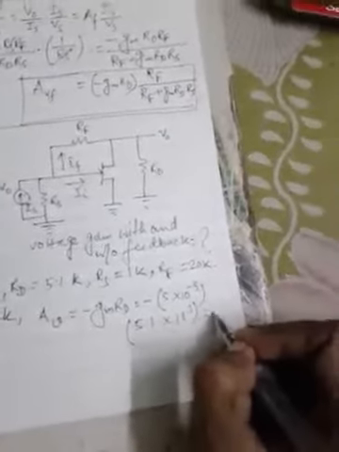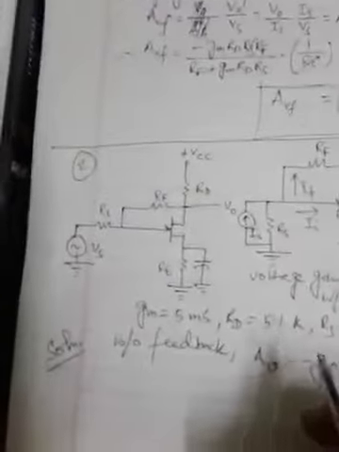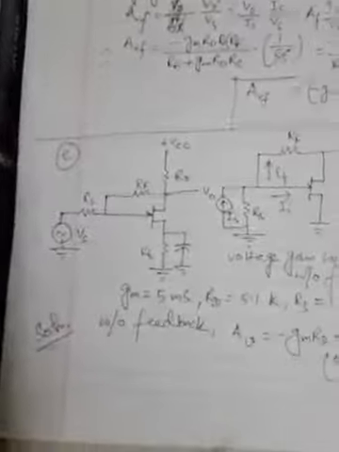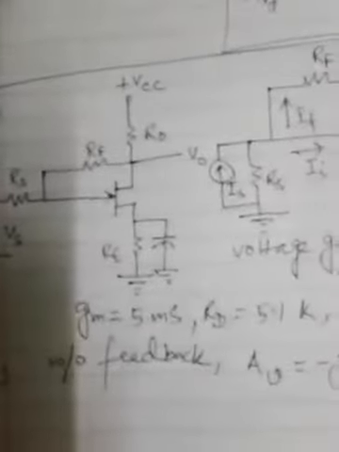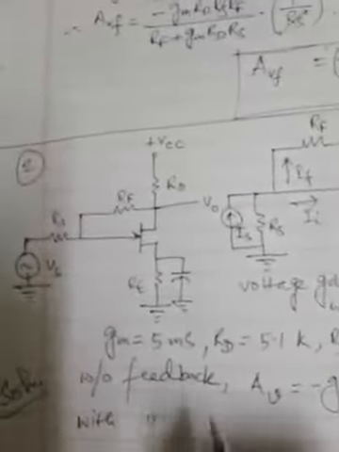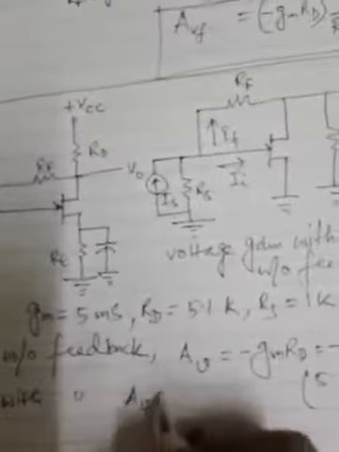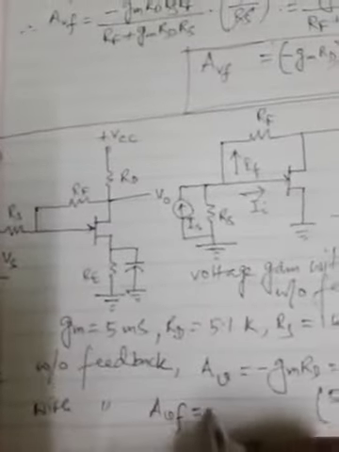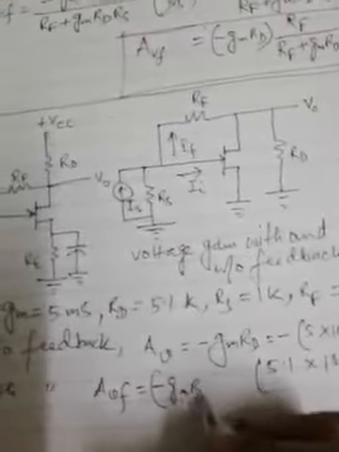So this is minus 25.5. So this is the voltage gain without feedback. With feedback, the gain will reduce as usual, and so with feedback it is AVF, which is given by minus gm RD, the expression,